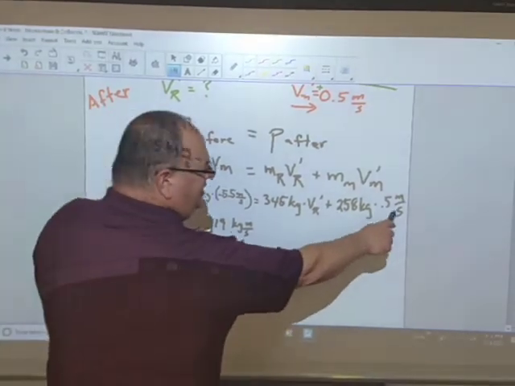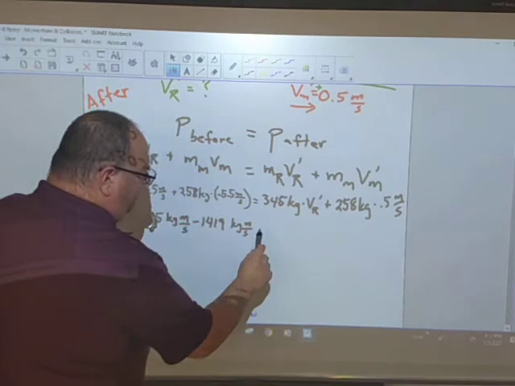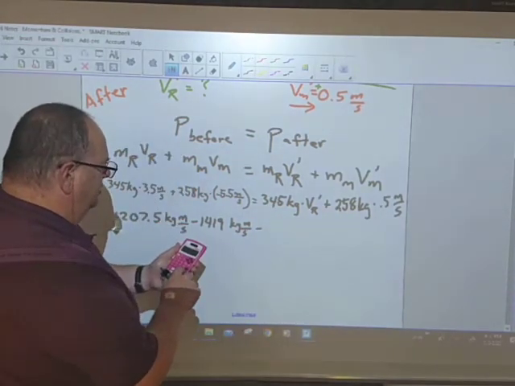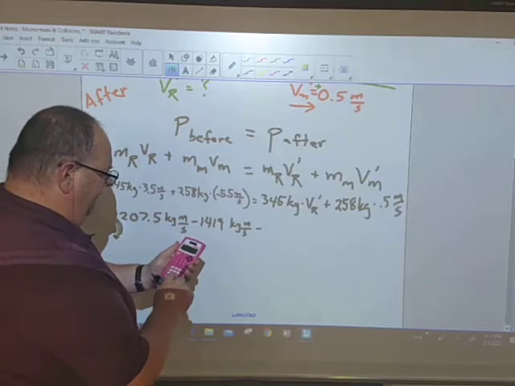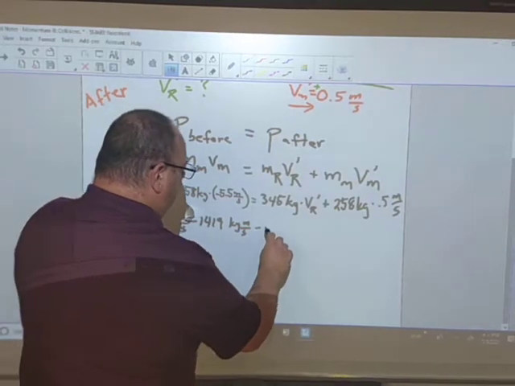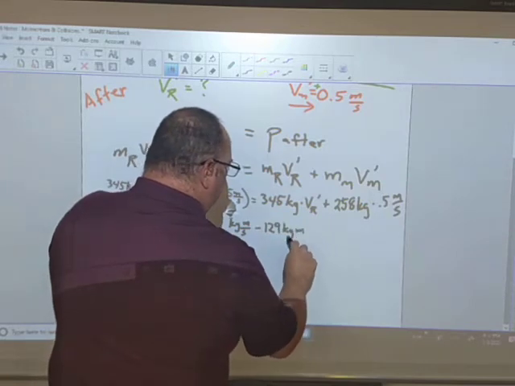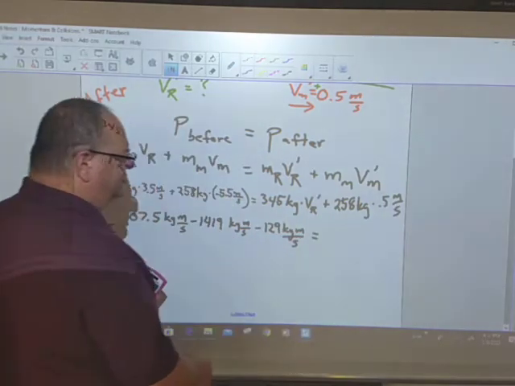I'm going to go ahead and multiply this together and subtract that. So 258 times 0.5 equals, so that's negative 129 kilogram meters per second